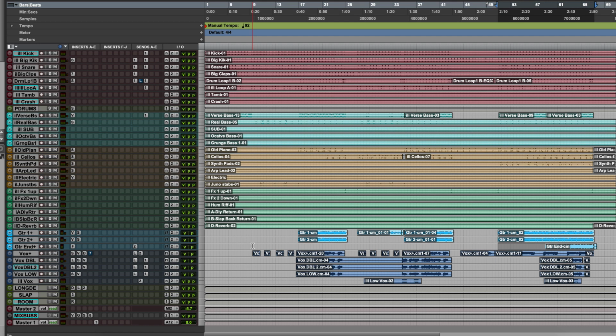Yes, you will have to go back to all the other sections. Yes, you will have to tweak some things. Yes, you'll have to use automation. I'm not saying that you're done after this, but I am saying that if you can get the most important section of your song mixed perfectly and it's feeling amazing and there's clarity and depth and energy and you can hear everything, it's going to make the rest of the song come together really easily and really fast.